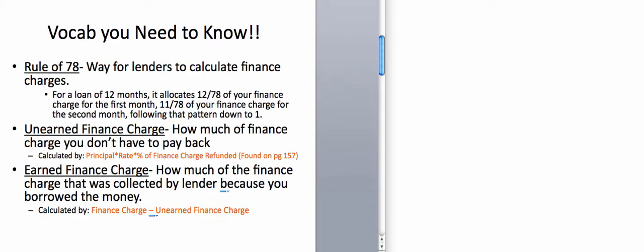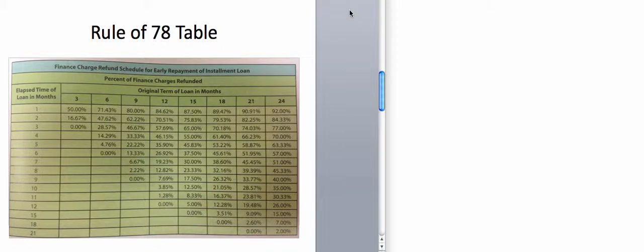Okay, ladies and gentlemen, we are talking about section 4.5 today, which deals with early loan repayments. The vocabulary you need to know, this is half of the vocabulary. We talk about the rule of 78, and we also talk about the amount of money that you have to repay loans. So we're breaking it up into two different sections. Make sure you get the material that's written in orange written down for your notes because you'll need that for the quizzes and tests. So this first thing that we're looking at is the idea of the rule of 78